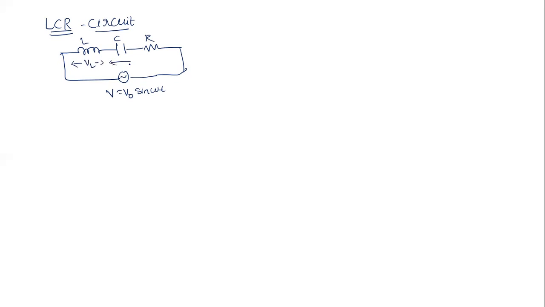Here the voltage drops are VL, VC and VR. We get VL equal to I into XL, VC equal to I into XC, and VR equal to I into R. If you simplify this with the help of a phasor diagram, or any method, the final result is the same, but the way of doing the methods is different. We get impedance.